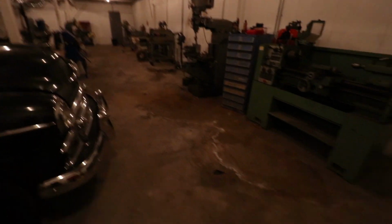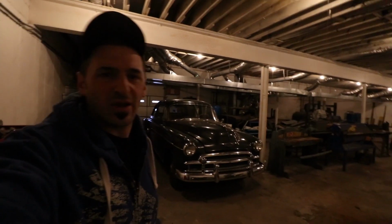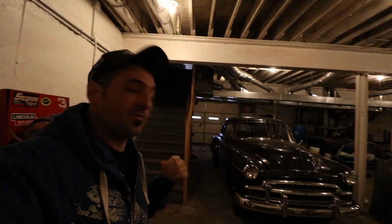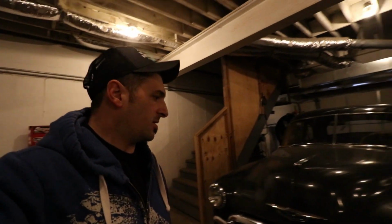Let me get another light on. And we have another car down here. We have cars tucked around everywhere. This is Josh's 50 Chevy Coupe. He just recently picked up. And this is,